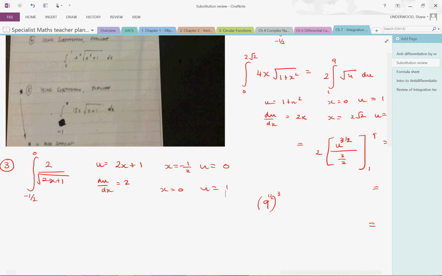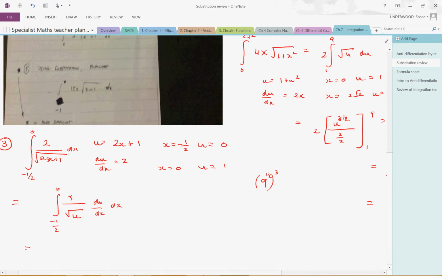So we've now got that integral, that's dx there by the way, and that integral is, we've got negative a half to 0 of du dx. So that's 1 over the square root of u du dx dx,